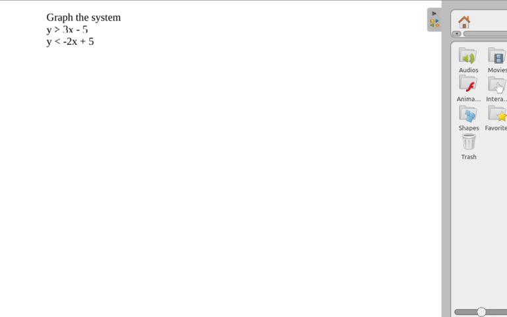So let's actually graph this system of inequalities. Both of these equations are given to us in slope-intercept form, so graphing them should be pretty straightforward. Let's see, 1, 2, 3, 4, 5, 1, 2, 3, 4, 5. Alright, this first equation, we have a y-intercept of -5, that's down here, and a slope of 3, so we'd